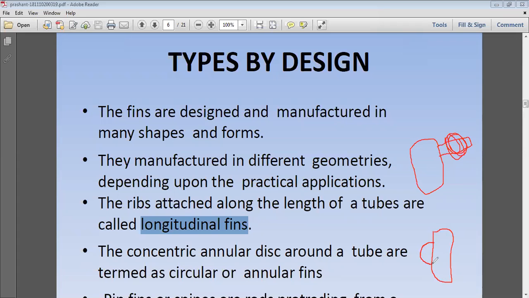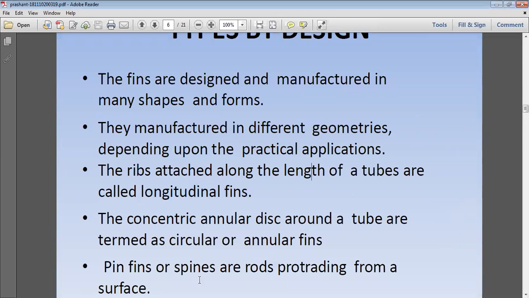This is the circumferential fin, the fin provided in a cylindrical shape. Here you can see, this could be the circumferential fins. Likewise, you can increase the number of fins. The concentric annular disc around the tube is called a circumferential fin. Okay. Next,